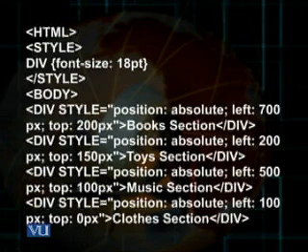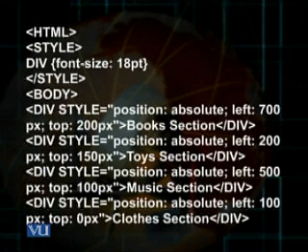Okay, then the second div tag, style, again position absolute. Now I change the value of the left property. Left is now 200 pixels, top 150 pixels, and I write the words toys section. Consequently, the words toys section would be displayed keeping a space from the left edge of the browser window of 200 pixels, and from the top of the browser window 150 pixels.